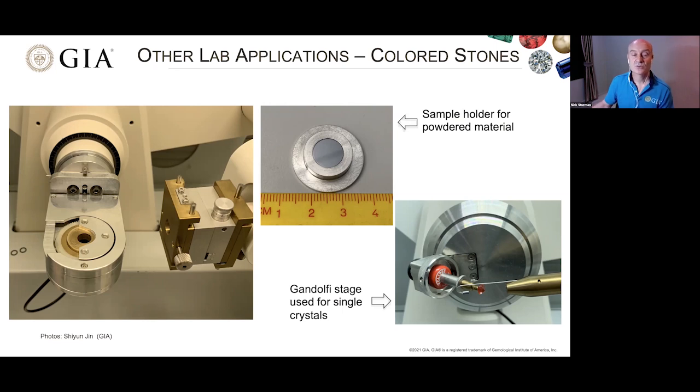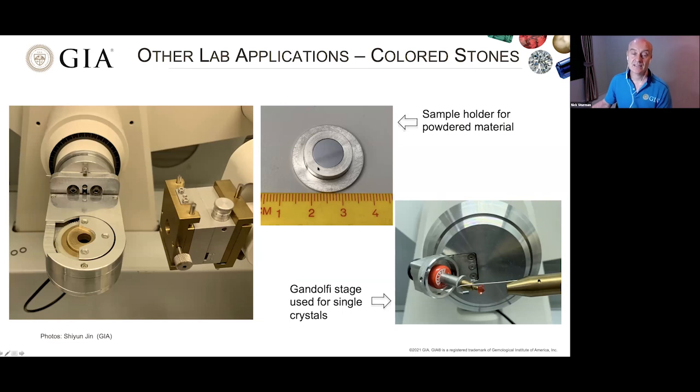And this is just the examples of the stage here, the actual sample stage. This is the holder where the powder is placed, and the X-rays obviously pass through and hit the sample here. If we wanted to, we could test single crystals. It's not only confined to powder diffraction, but you would need to set up different parameters and change the stage to a Gandolfi stage. This actually spins around here, and the crystal stays exactly in the center, in a line with the X-rays, and again, diffracts the X-rays to the detector.